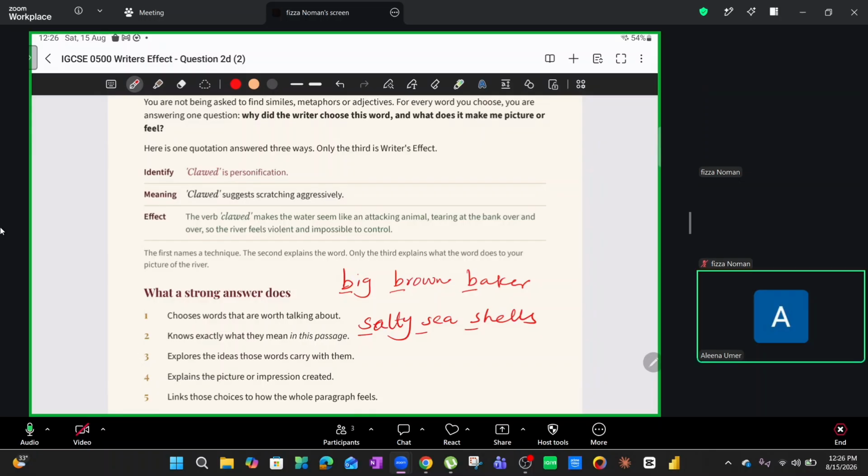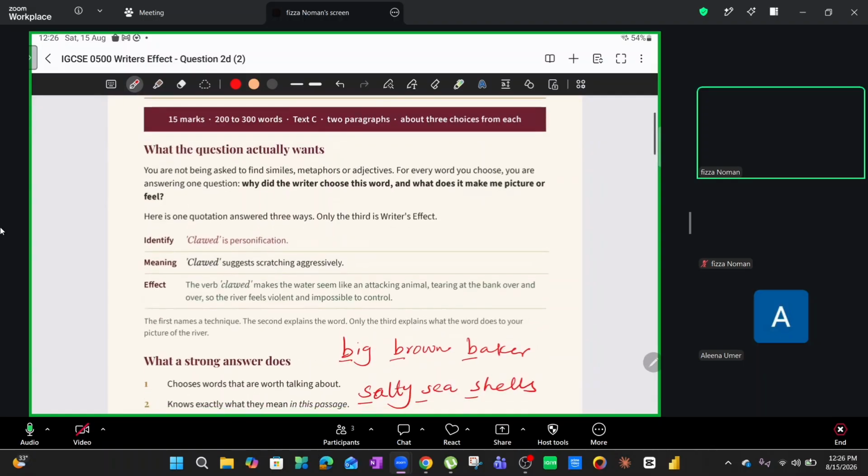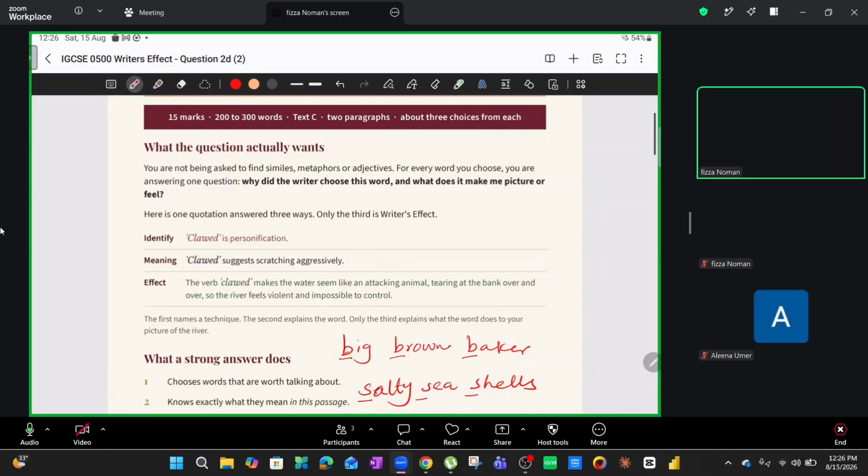Acha, and apart from this beta, there's also the use of idioms as well. But again, we're not focusing on those at this point. Chalo, let's move on. Now that we have understood this, we have to not just feature spot. This is the biggest problem that I come across in the answers that I mark. Feature spotting, beta. Students would just end up telling me, acha, I could see a metaphor, or I could see the use of an adjective, I could see the use of a verb, and so on and so forth, and that's pretty much it. Do you know what I'm saying, beta?